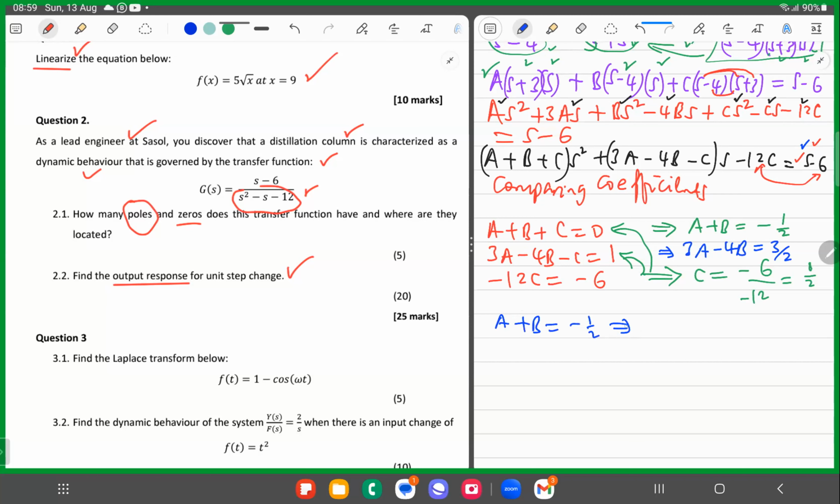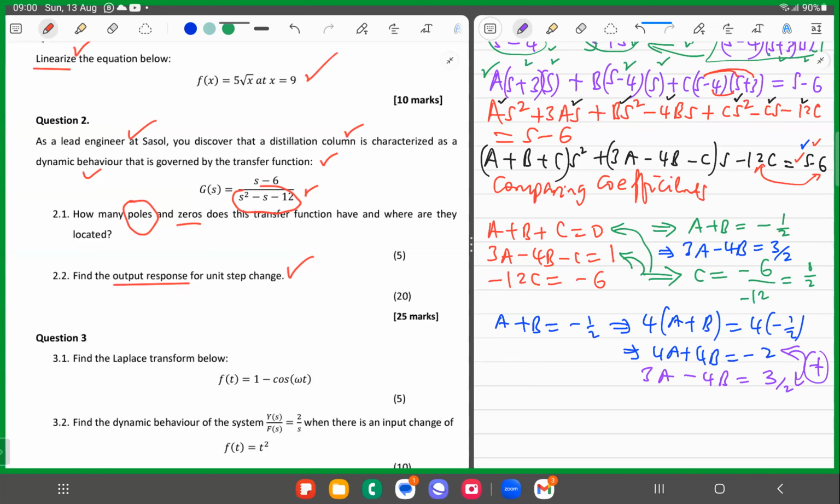So we can multiply it through by 4, on the left and on the right, which is 4a plus 4b. And then 3a minus 4b is 3 over 2. If you add these two equations together,